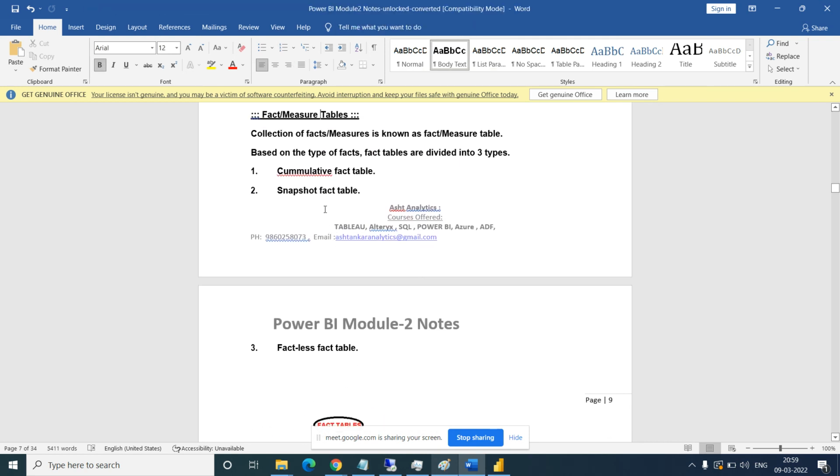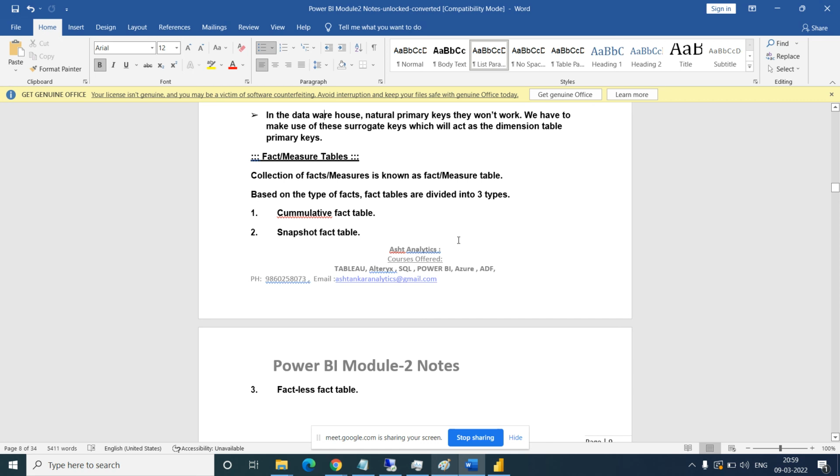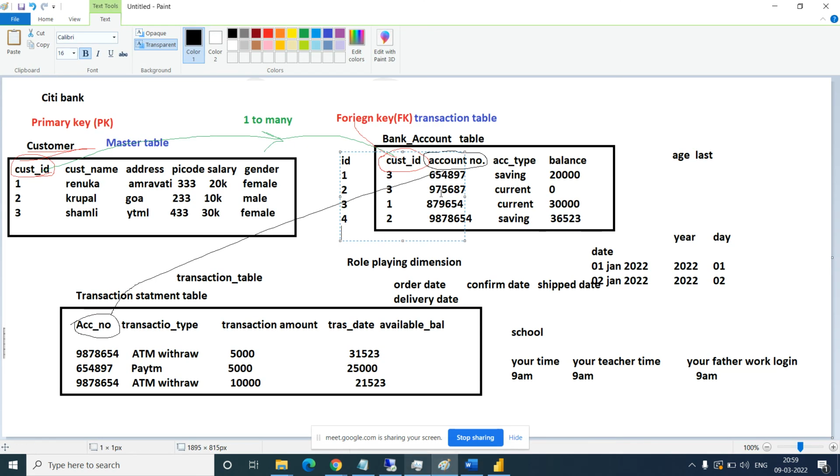Then there is a fact table. What is a fact table? If one table has all dimension tables attached directly to it, that is a fact table.